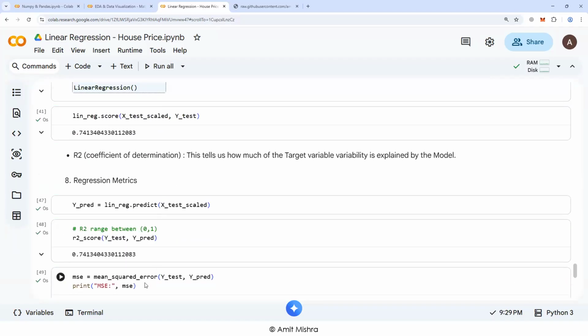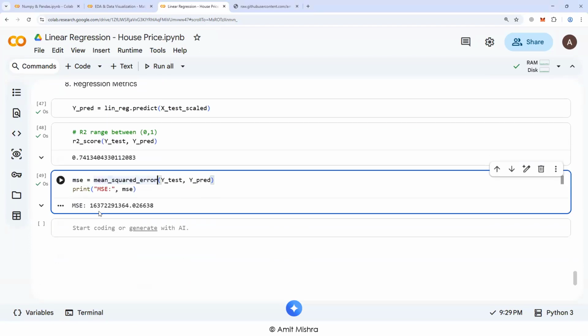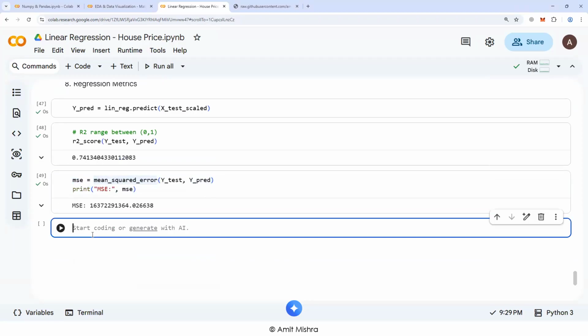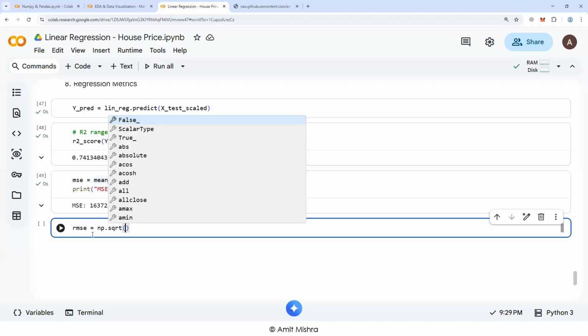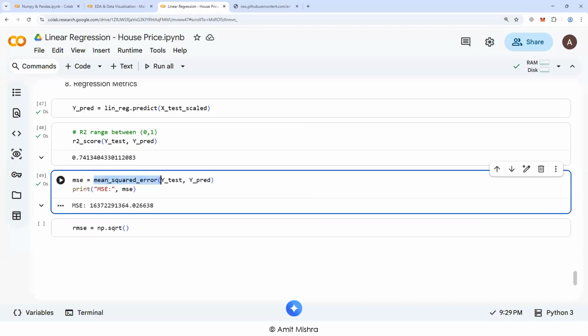Okay, we got here my MSE value, followed by mean absolute error. Now, the error value, I don't have to tell you, should be as low as possible. Next one is RMSE value or root mean square error. Just take the square root of MSE value